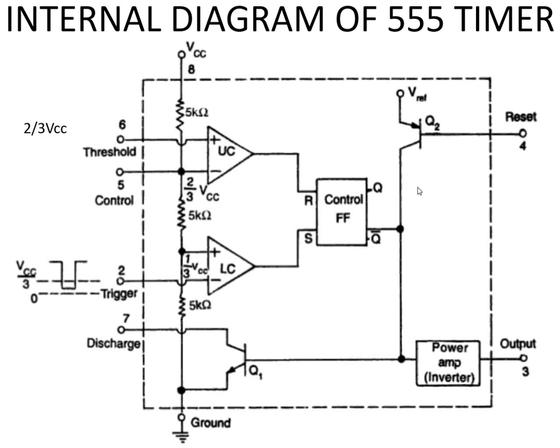So all must be familiar with the SR flip-flop. If S is equal to 1 and R is equal to 0, the output Q is equal to 1. If S is equal to 0 and R is equal to 1, output Q will be equal to 0. So here now the value of S is equal to 1 and R is equal to 0. The value Q bar will be equal to 0 since Q is equal to 1. That value is provided as input of the power amplifier inverter, so the output is equal to 1.